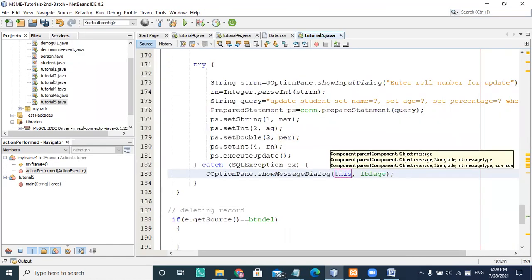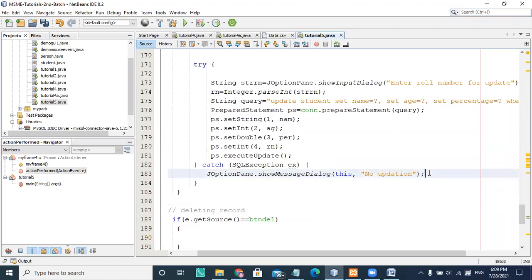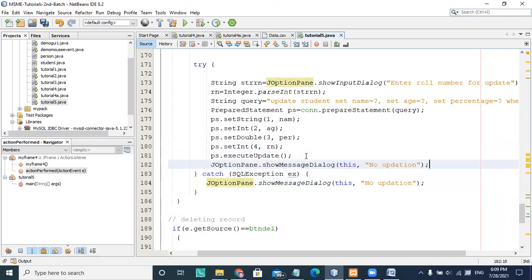So "updation, no updates" if something wrong happened, then it will show like that. And if it is updated, then it will show that the record updated is successful. Okay, so record updated successful.